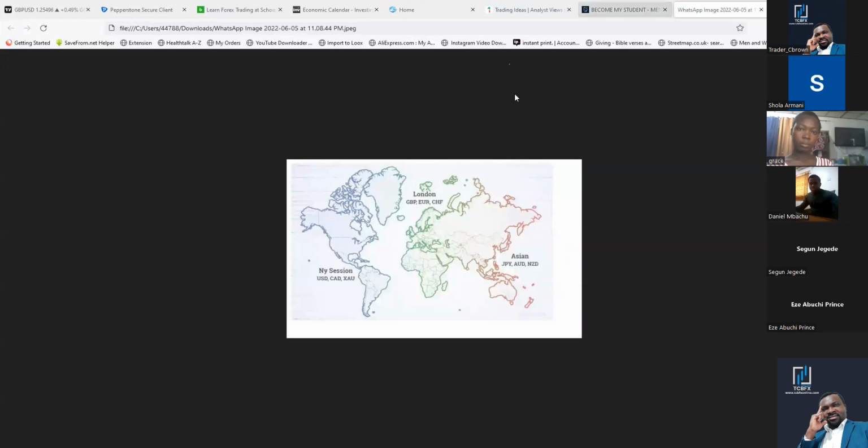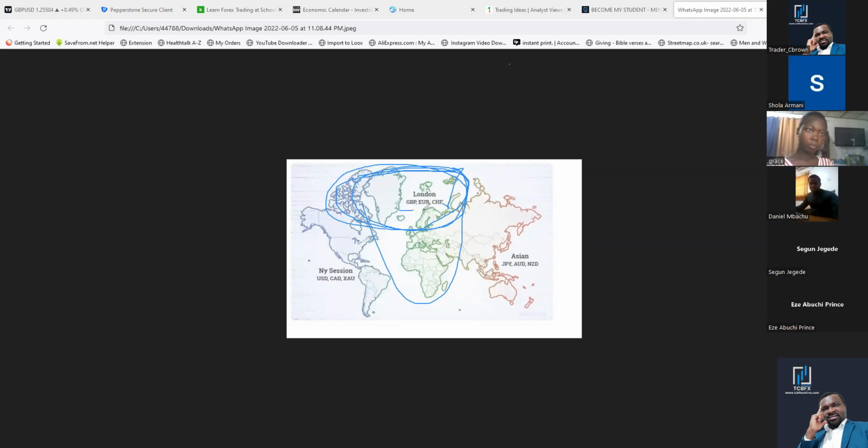Did you see this zone? Let me annotate. This zone, as part of UK, Canada, right? All of this zone. I mean, New York, all of this zone. If you live in this zone on the map, you can trade the London session. Coupled with this, you can trade the London session easily without stress. That's what they're trying to tell you.